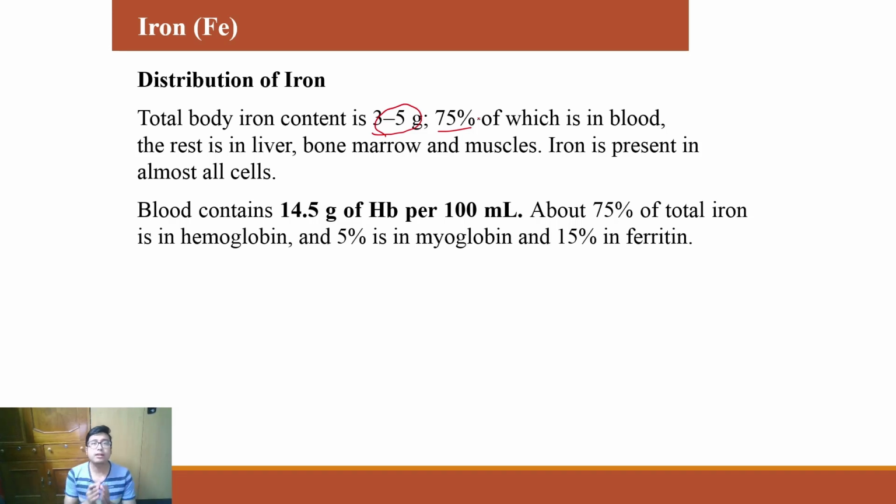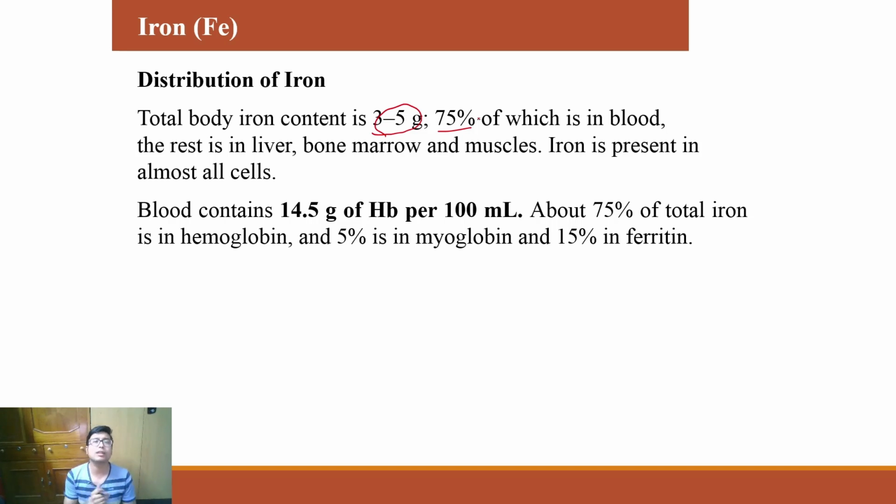Now adult male, 14.5 gram hemoglobin per 100 ml, this is the value of adult male, and this is also not a single value, it will vary from what textbook you read, but I have given a mean value. It will vary, say from 13 to 17, from 12 to 16, like that way. So just make sure you learn a specific range from a specific textbook, as I tell you, and stick to that. Now in hemoglobin, 75% of total iron exists over there.